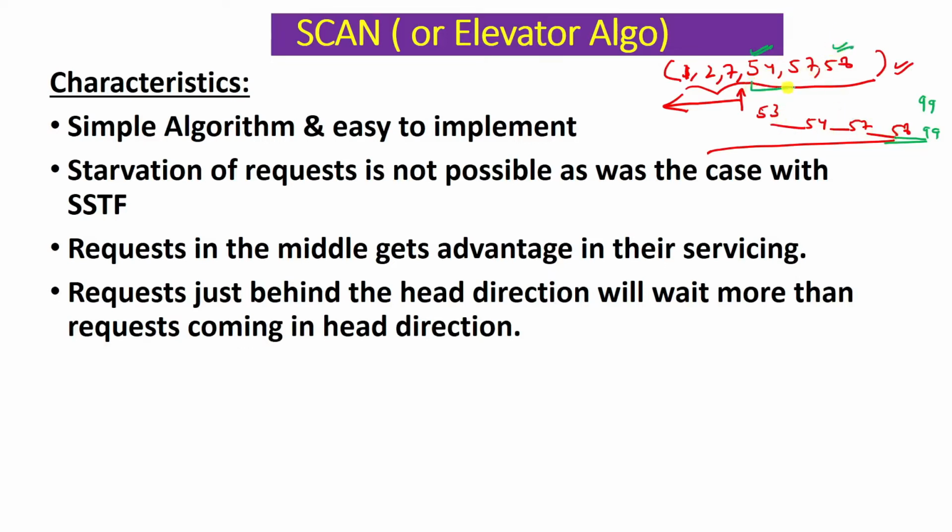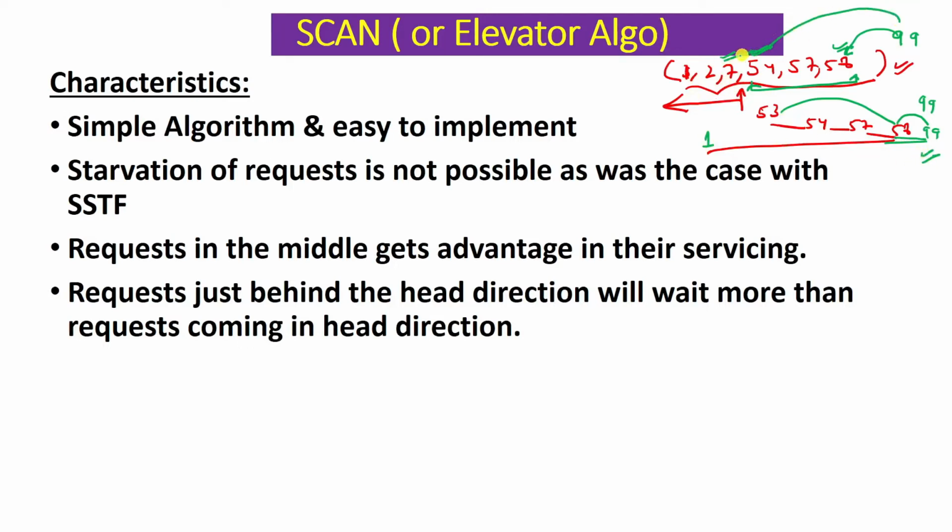Okay, so we can do this in a very simple manner, and the last cylinder number will be given to us, like 99. We can just subtract this. Okay, so this distance is calculated, and after that, this last request will be like 1. So we can say, from 99 just subtract this.